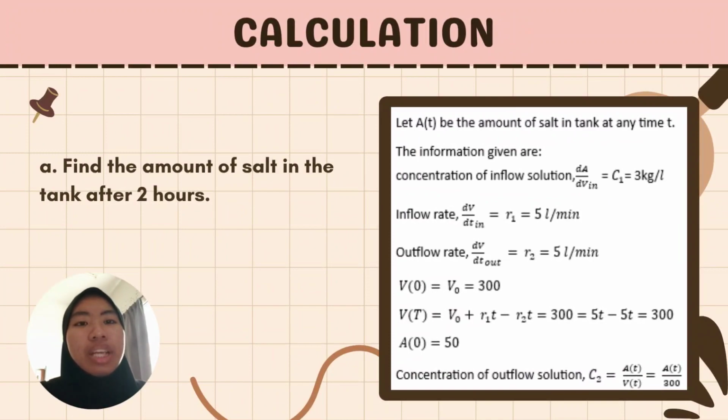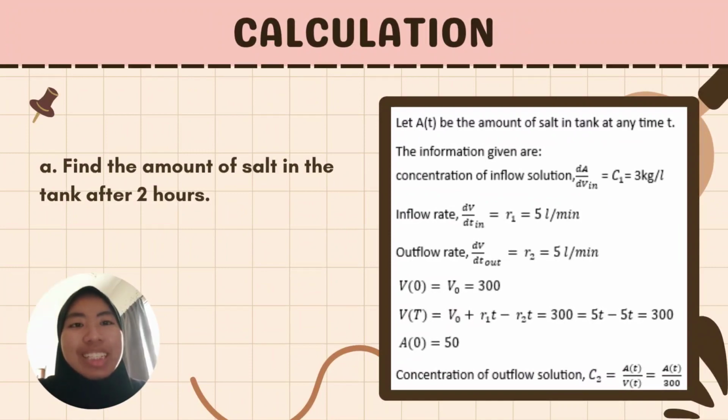Hence, the rate at which salt leaves the tank is rate out equal to C2 multiplied by R2 equal to A(t) over 300 multiplied by 5 equal to A(t) over 60